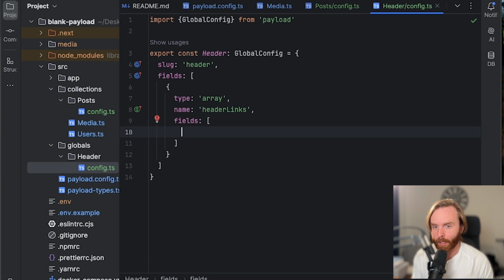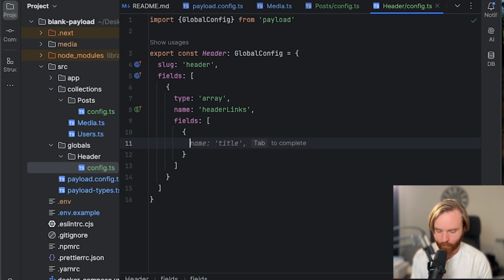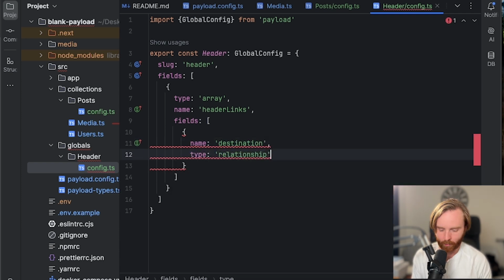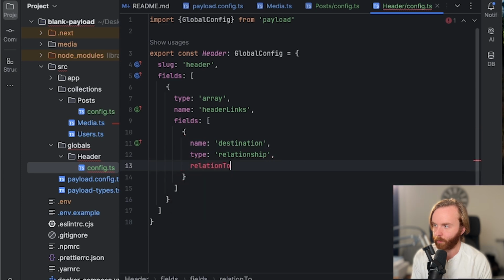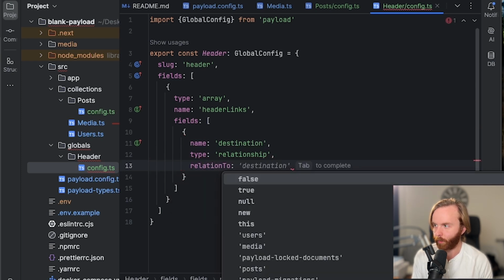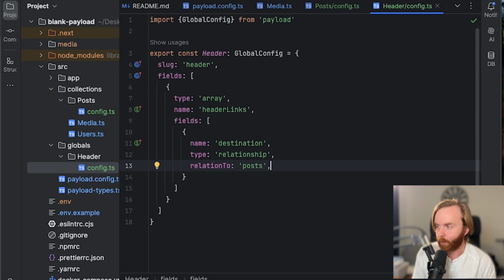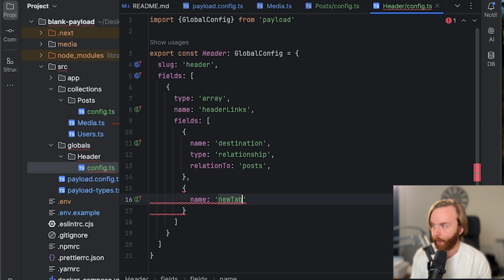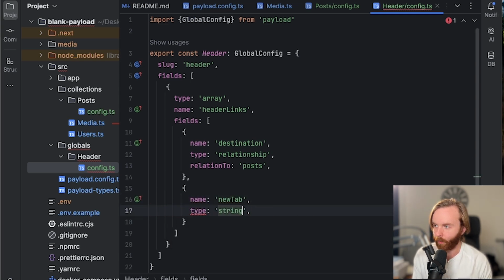In this array, we'll include an array of fields with a name. We'll do destination, and we'll do type relationship with relation to being to our posts. We'll add also another field, which will have the name of new tab and type of checkbox. And what we'll do is we will set a label for this to be open in a new tab,